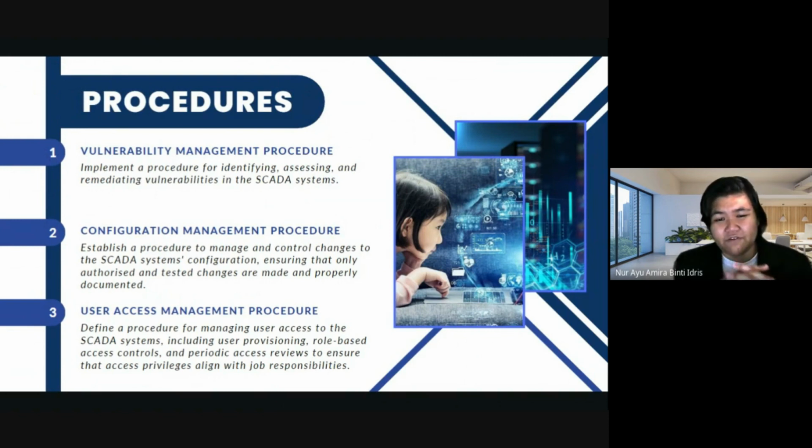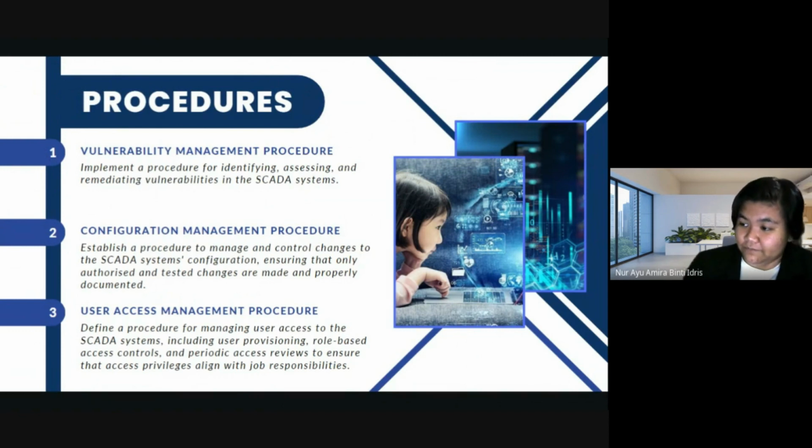The procedure may involve implementing a version control system to maintain a historical record of configuration changes. By enforcing proper configuration management procedures, organizations can reduce the likelihood of disruptions, maintain system integrity, and also facilitate troubleshooting and responses. Next, I will pass to Daniel.